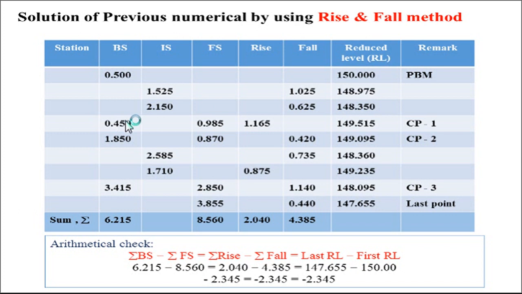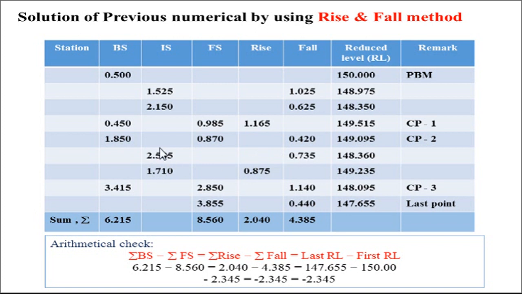Okay, so we have to compare this reading and this reading, because for the change point we have taken two readings. So this is the backsight reading and this is the foresight reading. So we have to compare these two. Now this is small, this is large, so we are getting negative, so it is a fall, and we have to write it like this. Now after these two, we take this pair, 1.850 minus 2.58. Again it is negative, so it is a fall.